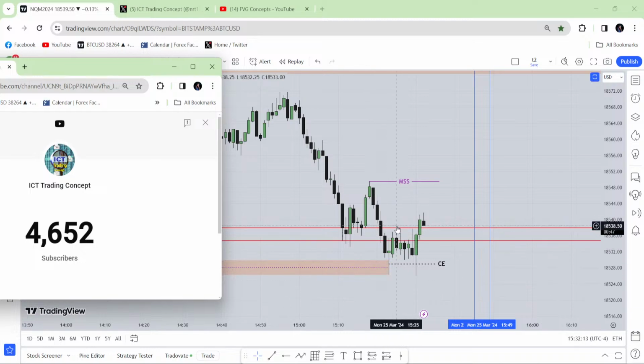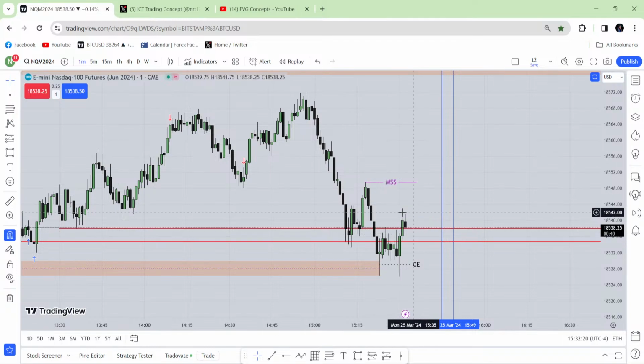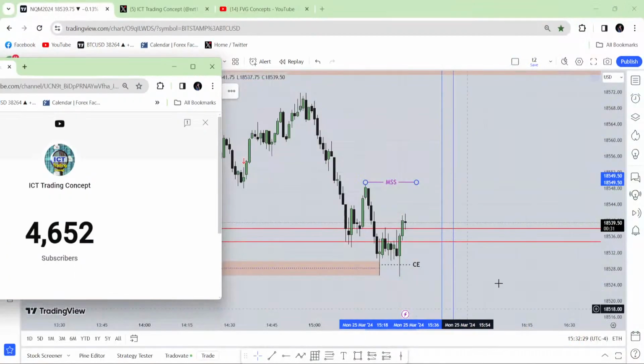Did I get a market structure shift? Absolutely not. I didn't get it. Until now this swing high is valid for shifting market structure. I want to learn ICT. Okay. What should I say to you, brother? If you want to learn ICT, I should say congratulations, you are on the right way to read this very precise price action.